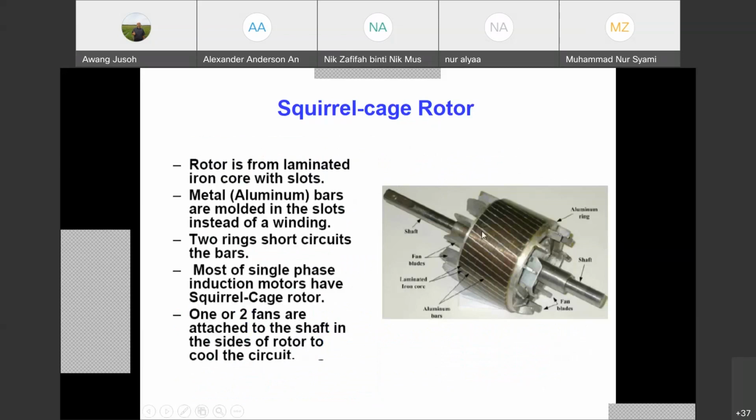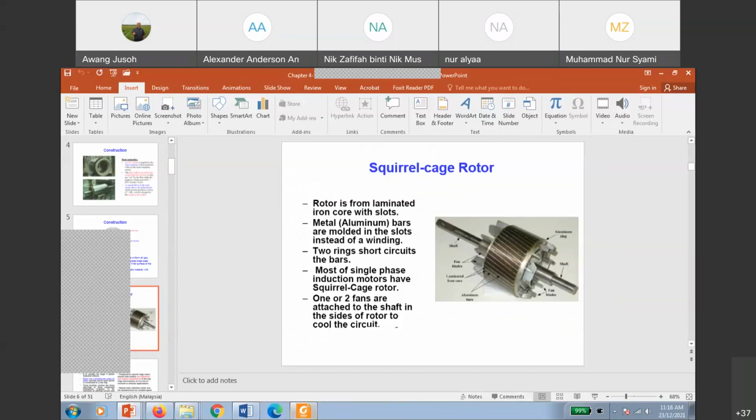How many poles do you have here? This is defined by p. So that gives you the speed in RPM. If you want to know it in radian per second, you just multiply this speed by 2 pi divided by 60. If you multiply RPM by 2 pi over 60, then we get the speed in radian per second. I hope it's clear for you. That's it.